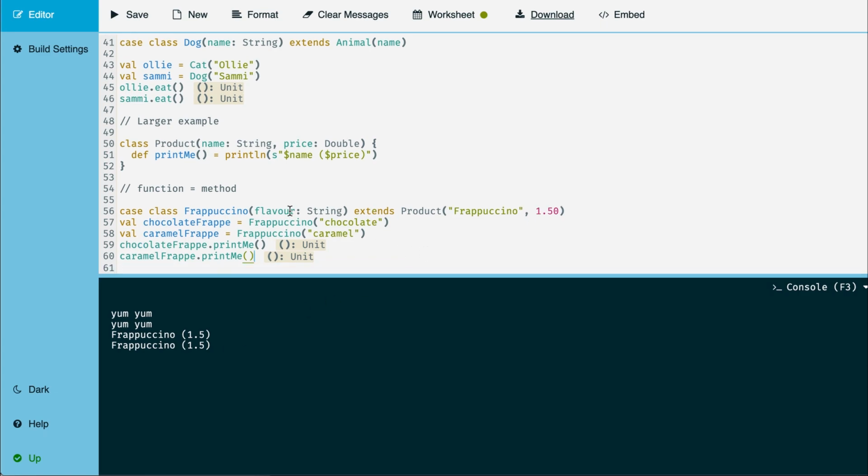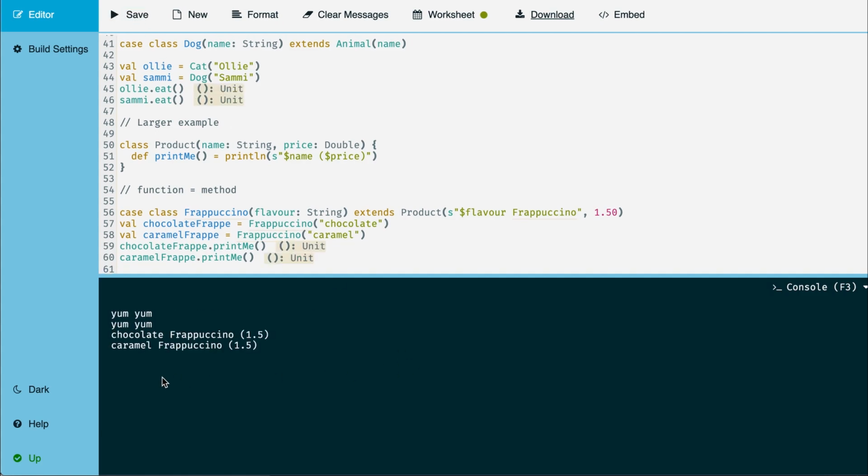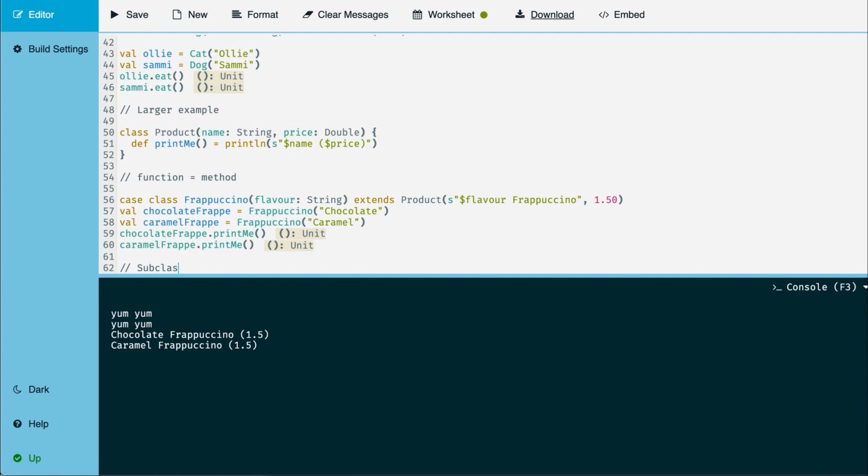Now actually, I would like to use the flavor because these two are different and we're not really differentiating between them right now. So let's just add it to the name over here, right? Because we know what the flavor is. So we can just make an interpolated string of this. Let's try that. And now we have a chocolate Frappuccino and a caramel Frappuccino. Let me give this a capital letter, otherwise it looks kind of weird. Perfect. Okay, subclasses can actually add their own methods,